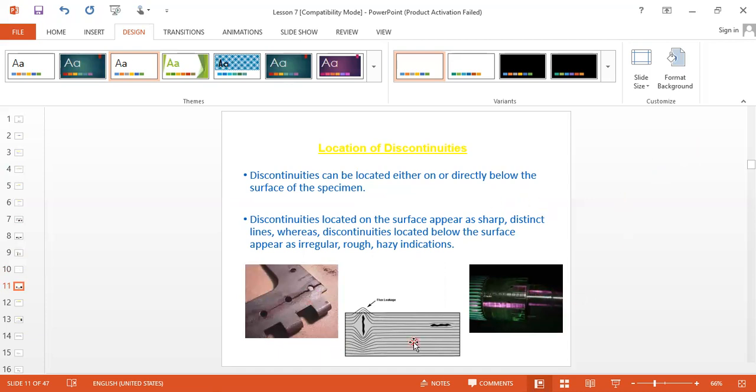But in the case of a subsurface defect, not as many lines of force come out of the examination surface. Some come, and that's why a pole forms there, but it is not strong compared to a surface indication. That's why we get a fuzzy indication, not sharp.